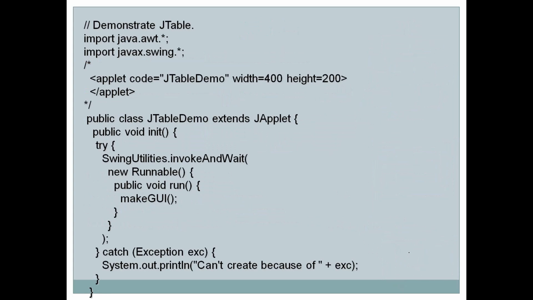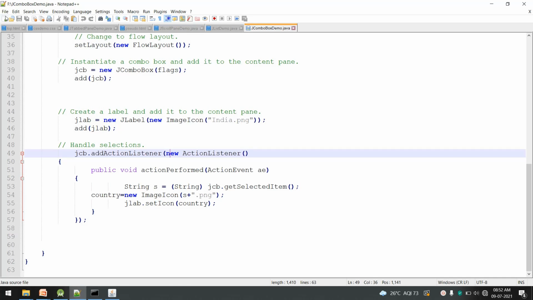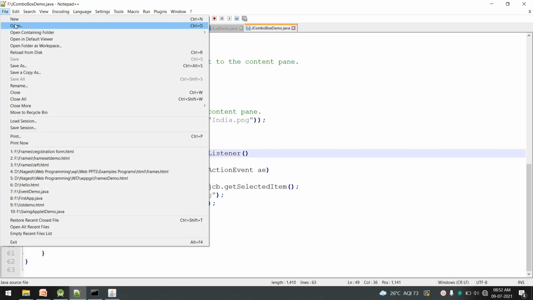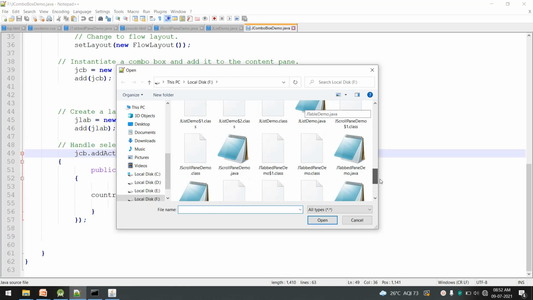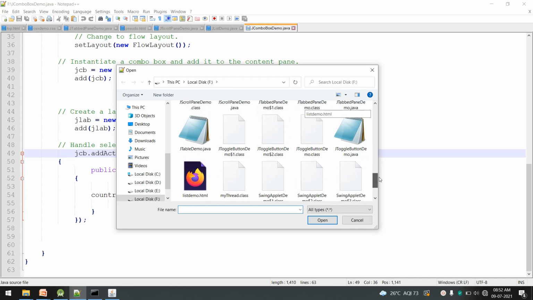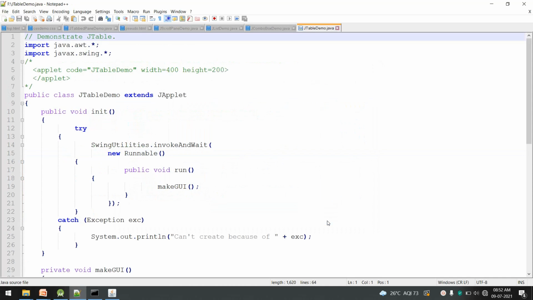Okay, I'll open a notepad, and I already have a file, so I'll open the file. The file is jtable. So this is my file, jtable.java. I'll open it.